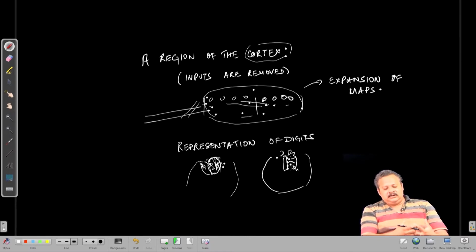So, since the actual inputs of D3 are totally gone, the neighboring regions take up the neurons to function as a D2 or a D4 kind of